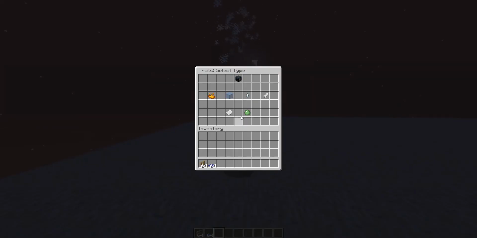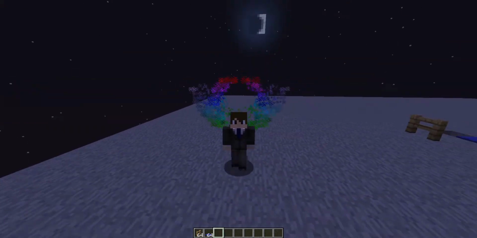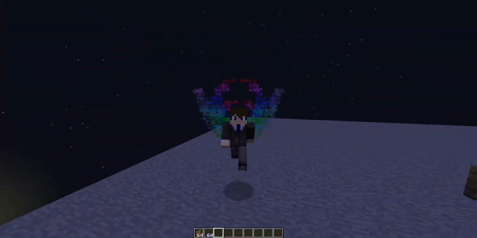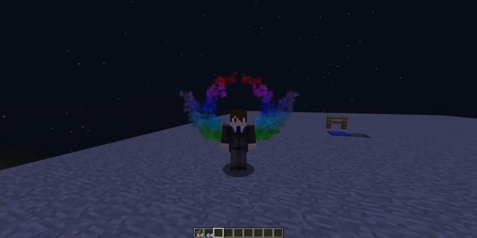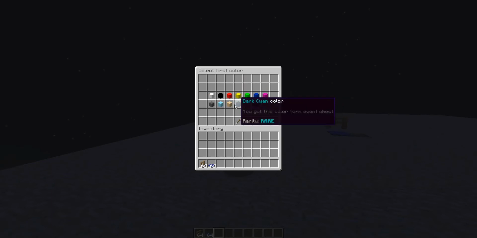Now here are probably my favorite trails. I'm sure this might be everyone's favorite trails. We could remove the trail here. The grand trails are actually going to be the wing trails. Now the wing trails are actually really sweet because you can actually download new wing trails. So I'm sure the trails that I have won't be the final ones. And there are patterns as well. So the only pattern that's available right now is this sort of rainbow color, which is actually a really nice, pretty trail. But some cool ones would be like, maybe butterfly wings, maybe, where you can tinker around with various